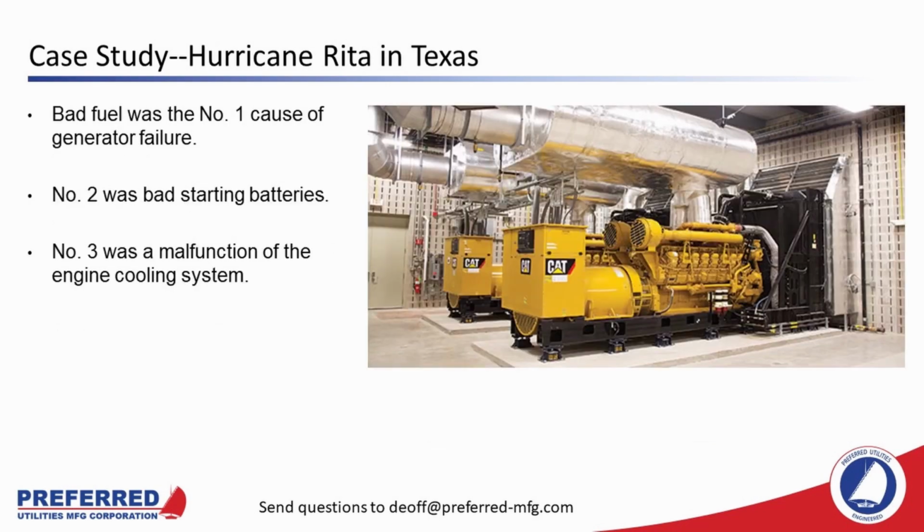I conducted an entirely unscientific study talking to generator suppliers and fuel system suppliers after the two storms in 2006 to determine how well Preferred and other systems ran after the storms. I found bad fuel was the culprit in most of the cases where generators failed to start or to carry the load. The number 2 cause of failure was bad starting batteries, and number 3 was a problem with the